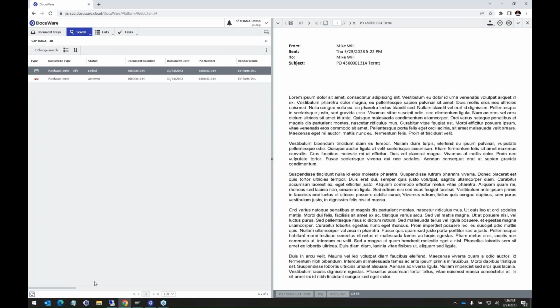You can teach it, you can use the intelligent indexing and then have that automatically linked, versus if you have to save the email or save the attachment, go into SAP, find the record type, go to the attachments, all those different steps you go through. With the integration here, you can utilize those capture tools with Docuware, and then with the integration, do that linking